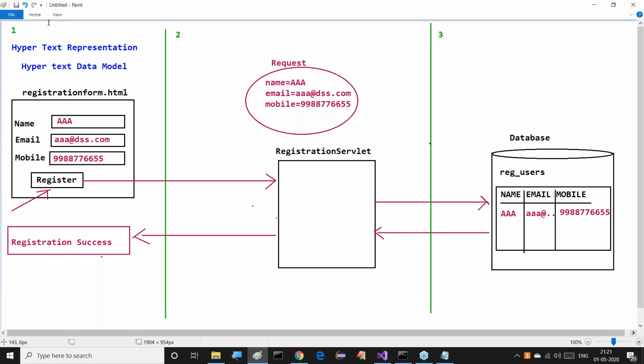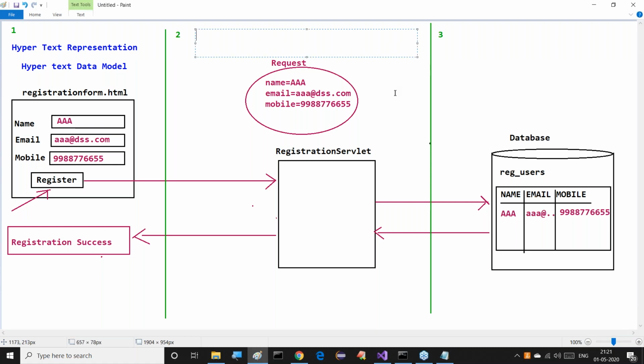Come on, guys. Now tell me, in the second one at server side, is data represented in the form of objects or not? That's why this data representation is nothing but the object oriented data model, or object data model, whatever it may be, both are the same.